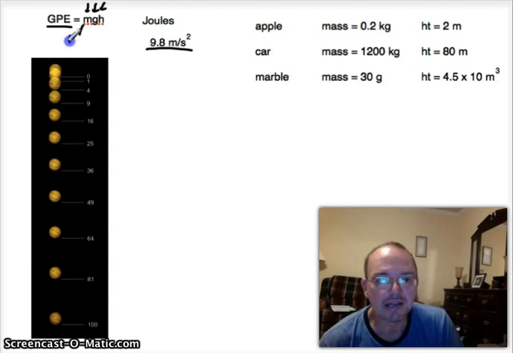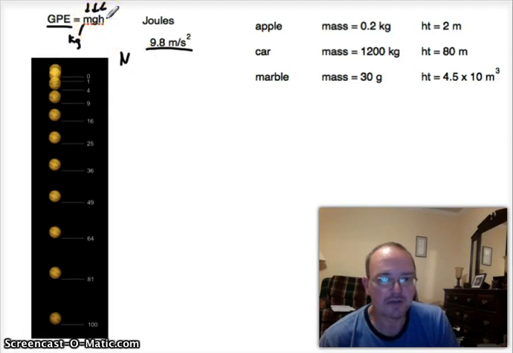Mass is going to be calculated in kilograms. If you happen to be at grams, you have to convert it over to kilograms. Gravitational free fall is going to be at meters per second squared. Hey, did you notice? If you multiply kilograms times meters per second squared, you get newtons. That's what we did with force equals mass times acceleration, which is kind of the first part of this. The force is the mass times the gravitational acceleration, and we did that one in newtons.